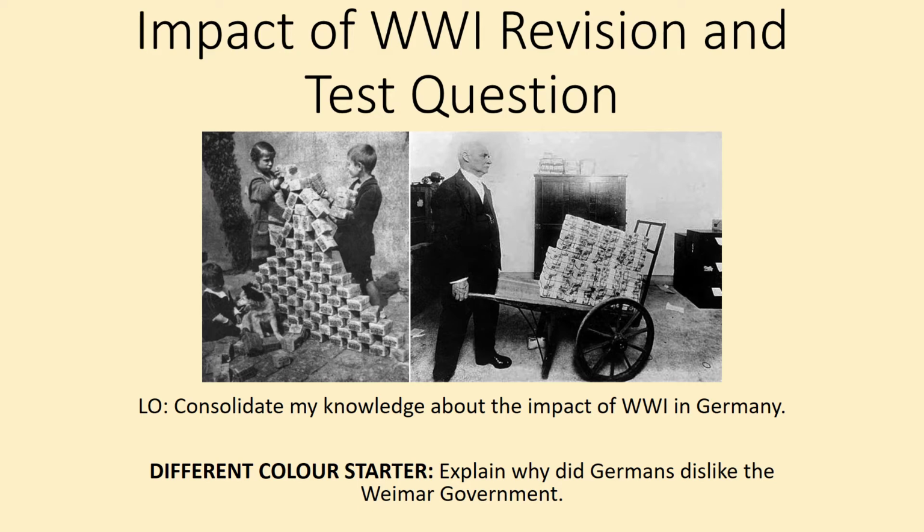And we'd like you to please type this into the chat box on Teams because there are many reasons why some Germans didn't like the Weimar government. And if you could do this, please, in a sentence that explains why. So rather than just saying food shortages or uprisings, can you make sure you quantify in a sentence why that meant Germans didn't like the government? So pause the video, date, title and task into the chat box, please.